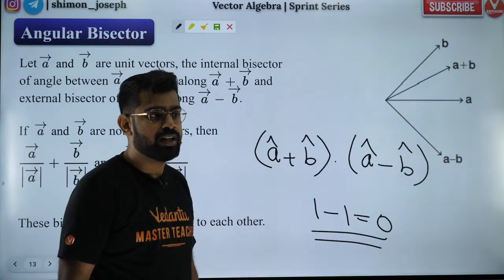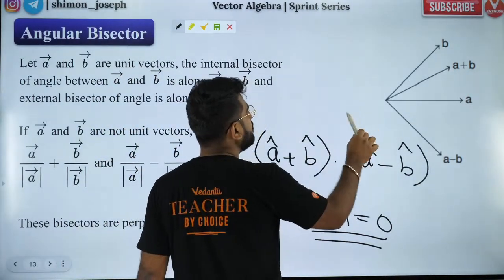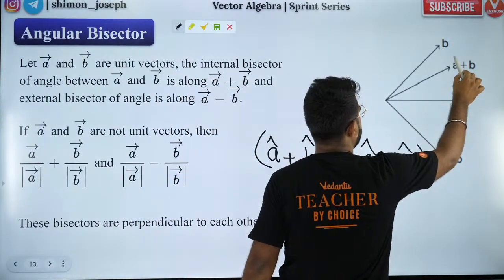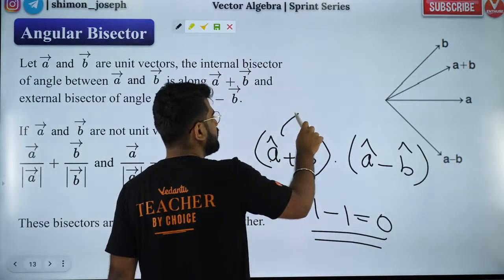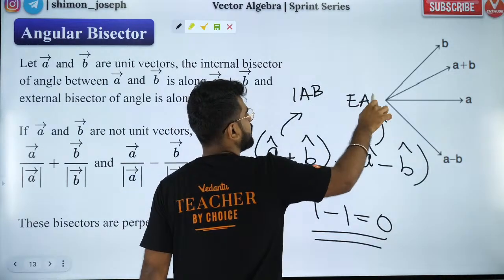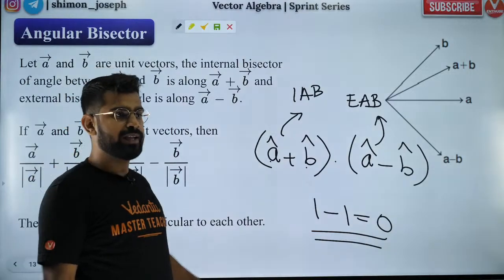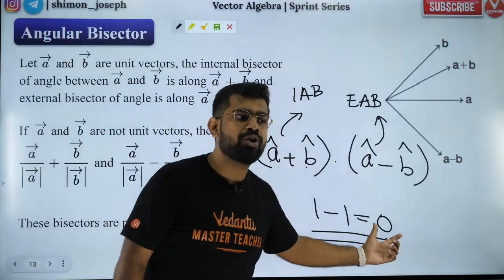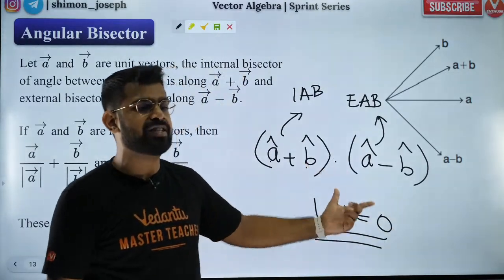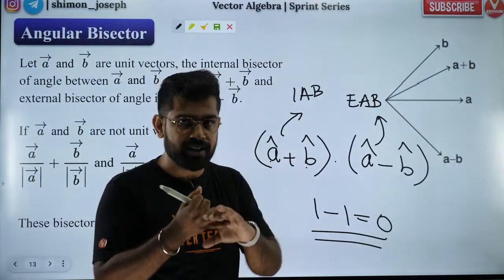Somebody was asking, Manish. Manish was asking, sir, how do we find the angle between the internal angle bisector and the external angle bisector? Your internal angle bisector, Manish, is A cap plus B cap. This is your internal angle bisector and A cap minus B cap is your external angle bisector. If I take the dot product, I will get 0. When will the value of the dot product be 0? When cos 90 is there. So cos 90 means the angle between them is 90. So internal angle bisector and external angle bisector, the angle is 90.